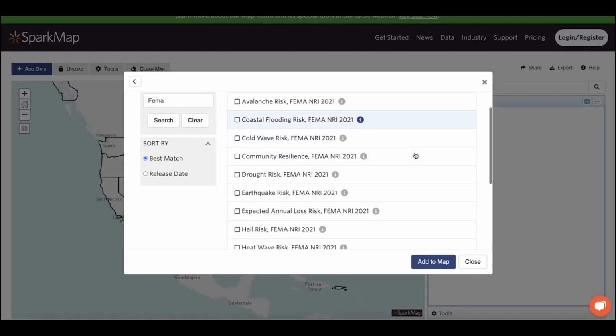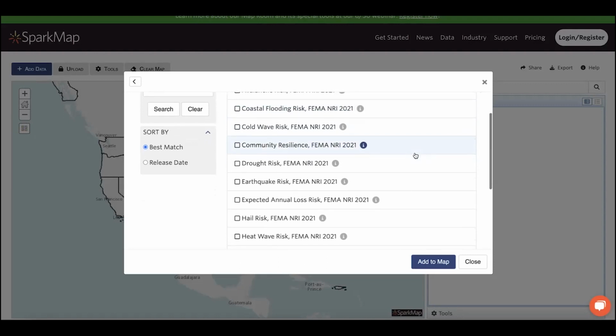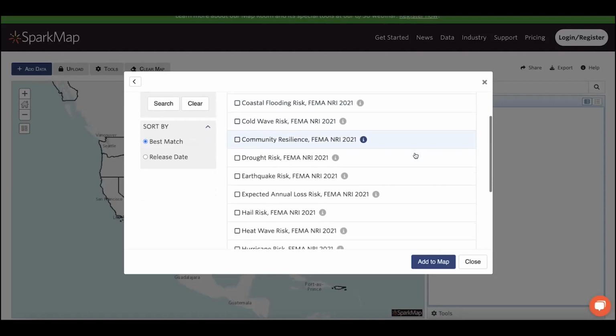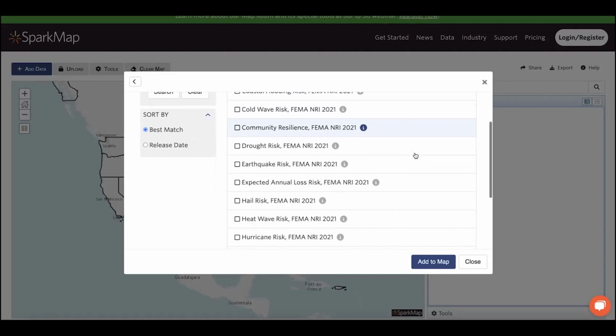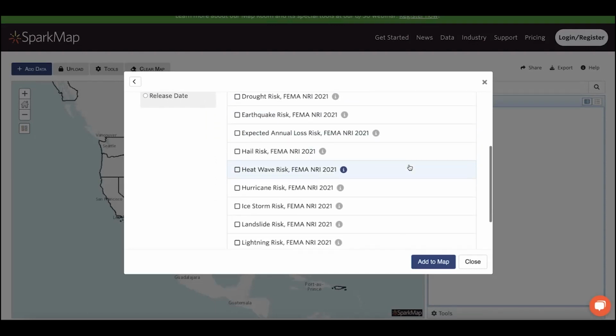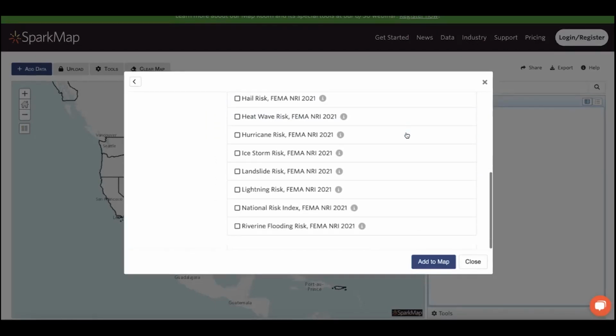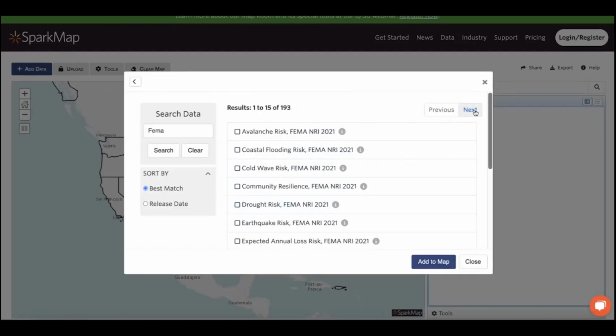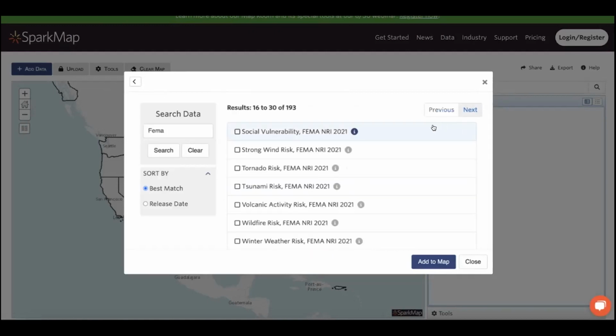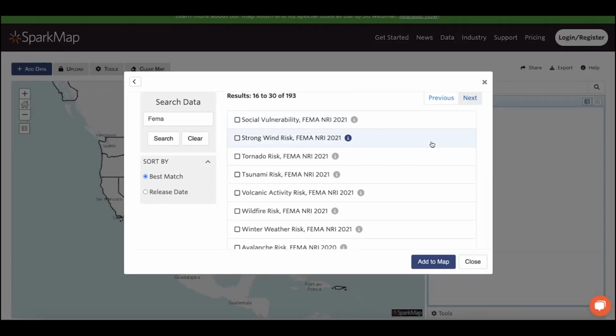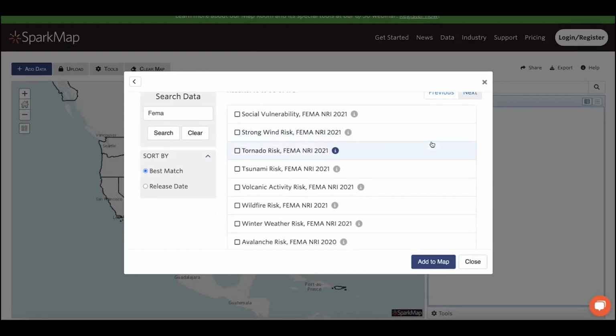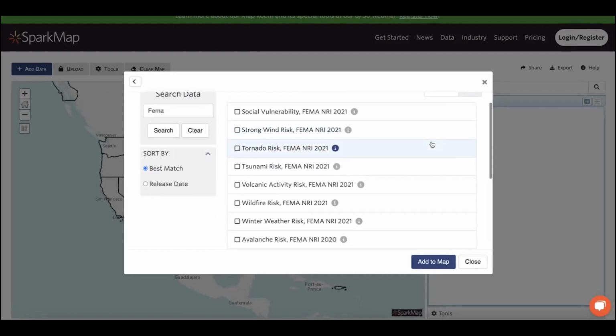As I scroll through the list, I am able to easily find information about various types of natural hazard risk, as well as expected annual loss, the National Risk Index, and if I go to our next page of results, social vulnerability. Adding these layers to the map will show you a scale of very low to very high risk for the selected layer.